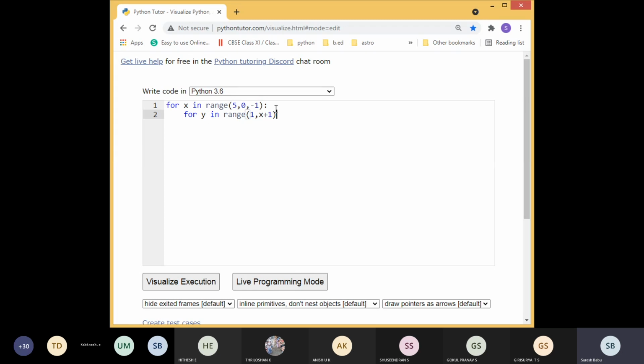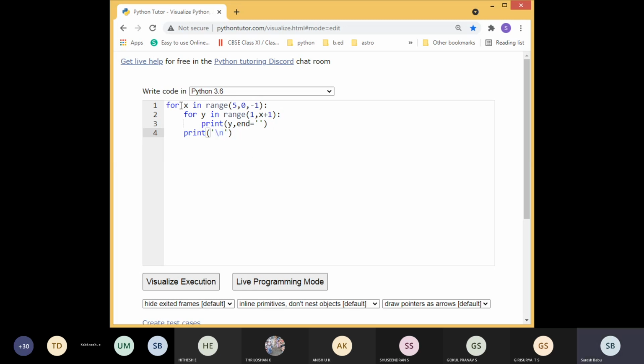Okay, so this is our idea. Then we are going to print only the y value, y and end equal to single quotation, single quotation. Then after the inner loop ends, we print the next iteration in a new line. For new line, you have to give backslash n. Backslash n means new line.